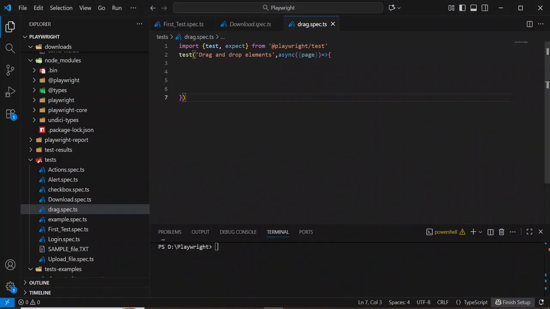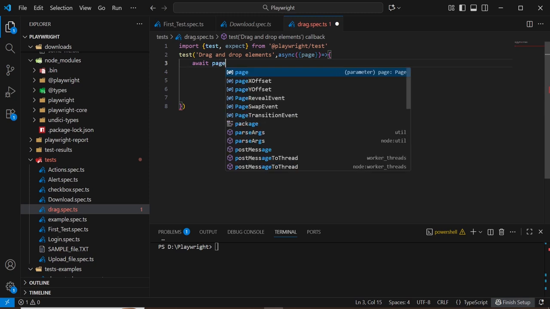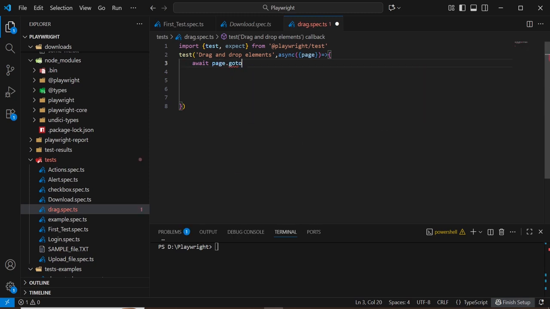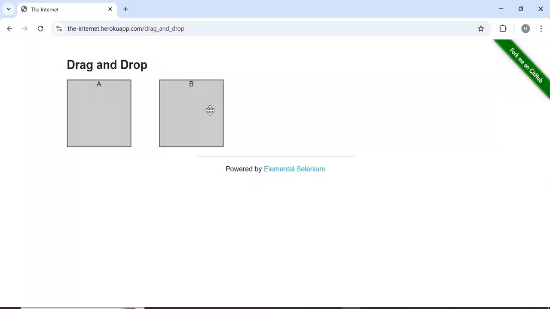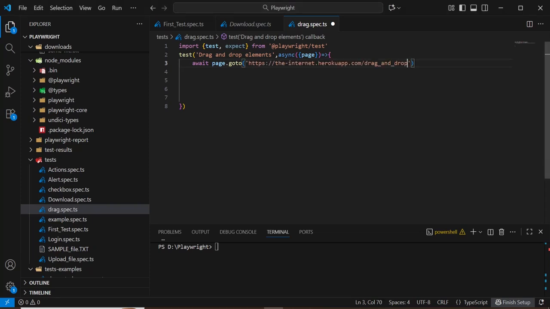In this tutorial, I will show you how you can perform this action. Open VS Code. await page dot goto this URL. Copy this complete URL, open VS Code and enter the URL here. After navigating to this URL, we need to